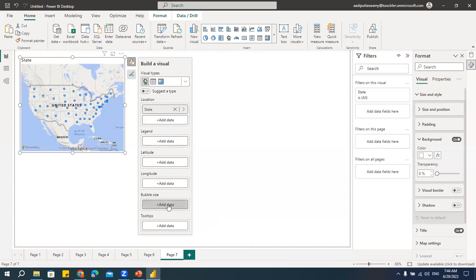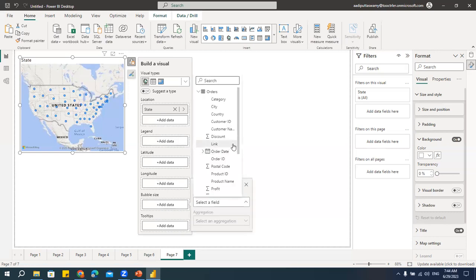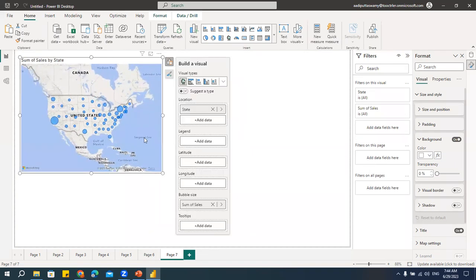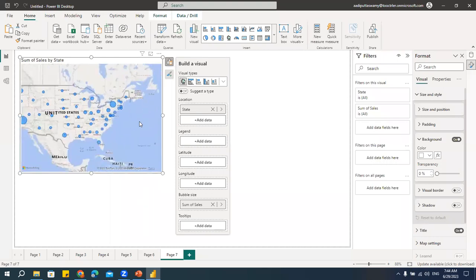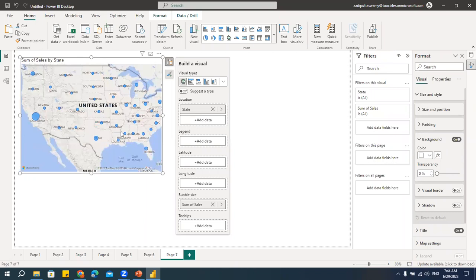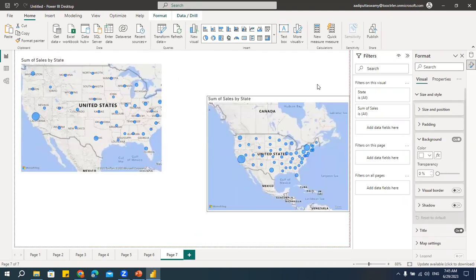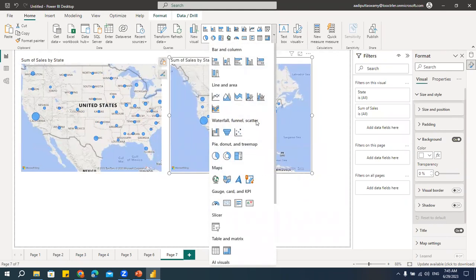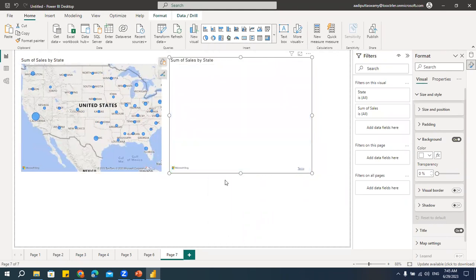Now, if you go here, say bubble size, I will try to select this sales. This is how we can actually plot the chart on a map. This is symbolic map. Suppose you want to have the chart that is filled map, you can go here. Here I have this filled map. See,